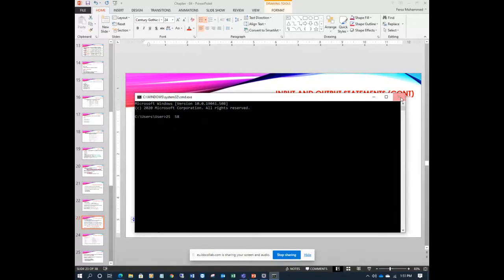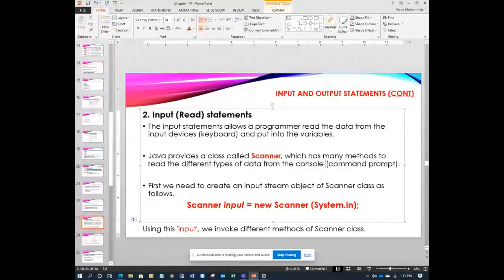This class has many methods which read different types of data. Mostly we deal with numbers, and letters too. It may be a double value, a string value, a character value, or an integer value, from the console. The user enters these values, and Scanner's methods read them.